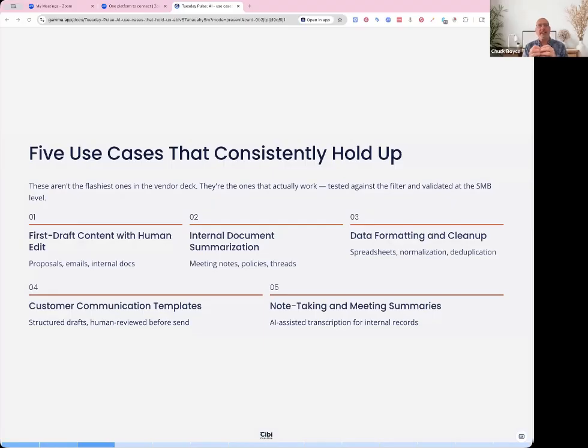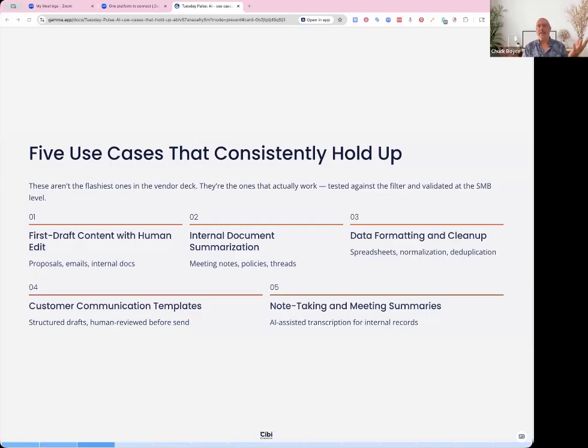Data formatting and cleanup is another great use for it. You can take a spreadsheet, dump your customer information in, and find out if people are entering data wrong, entering invoice numbers wrong, or entering names of cities or street names in an inconsistent format. If you need them to be consistent, you can then go in and clean them easily because you can dump it into a spreadsheet, sort it, normalize it, deduplicate, and then bring it back up. It's a great way to clean up data.